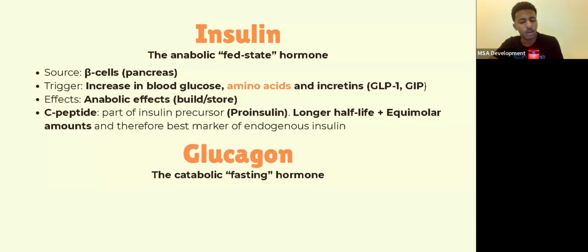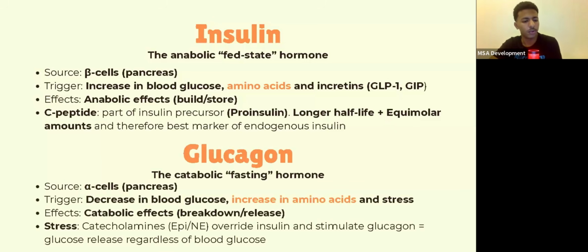Now let's talk about glucagon. Glucagon is the opposite of insulin. It's the catabolic or the fasting hormone. The source is the alpha cells of the pancreas. A trigger which results in the release of glucagon is decrease in blood glucose, increase in amino acids, and increase